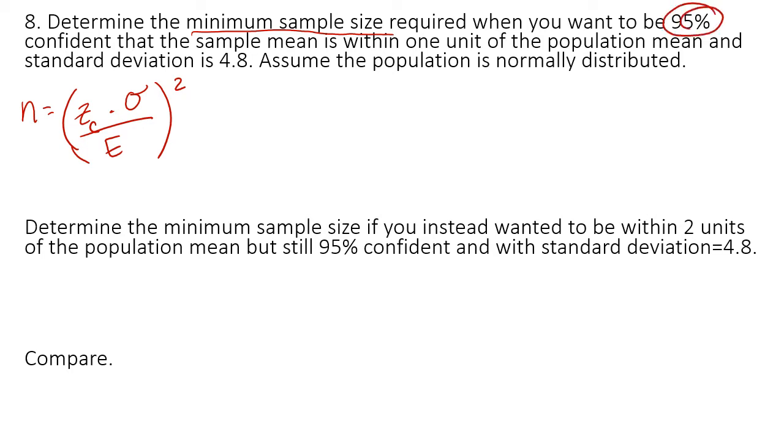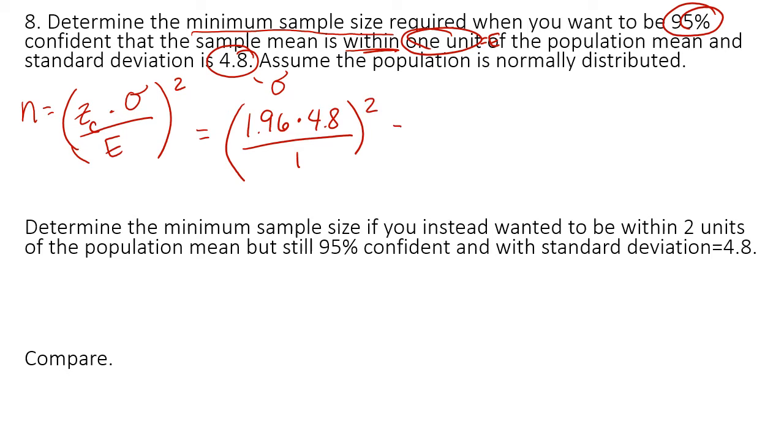Our 95% tells us what z we're going to end up using. It tells us we want to be within 1 unit, so that's going to be our margin of error, and the standard deviation is 4.8. So a 95% confidence interval translates to a z of 1.96 times our standard deviation of 4.8 divided by our margin of error of 1, all squared. And so that comes to